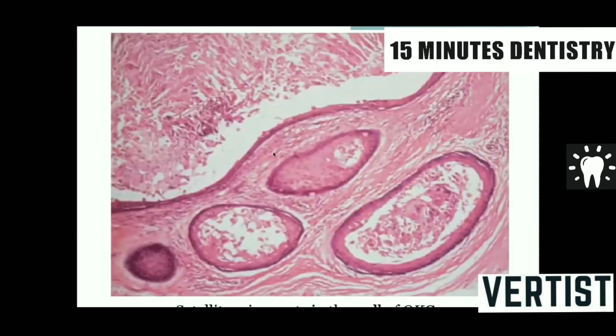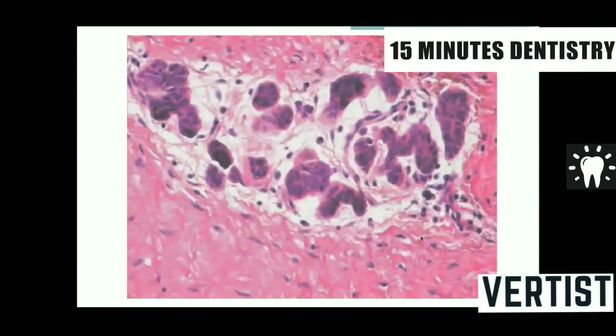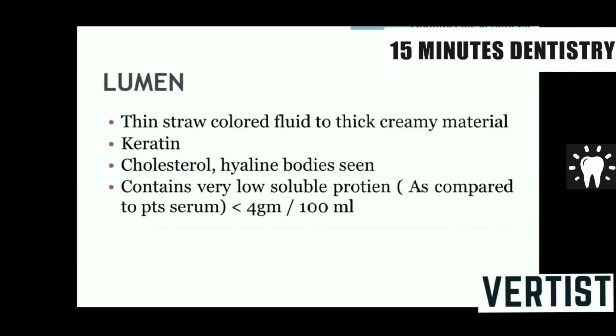Now in the connective tissue we can see satellite cysts. These are daughter cysts or microcysts or small cysts found in the connective tissue. So this is another reason why the cyst could be recurrent. While removing the cyst, if some of these microcysts, daughter cysts or satellite cysts remain in the jawbone, they grow and form new cysts. So this is another reason for recurrence of the cyst. These are epithelial cell rests found in the wall of the odontogenic keratocyst.